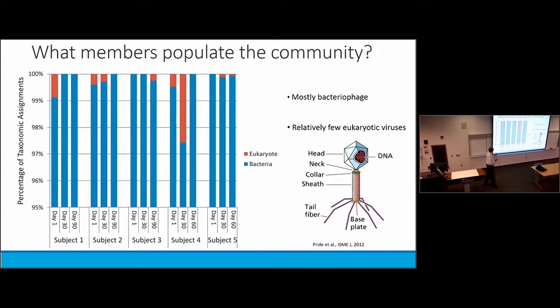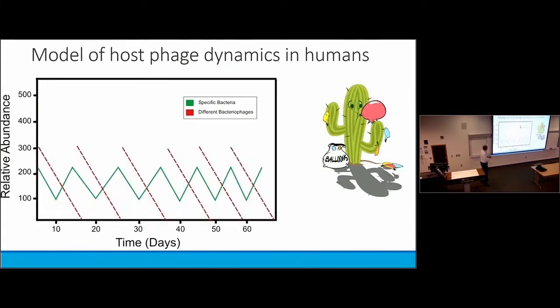And in retrospect, it was a big surprise back then, but now it just makes perfect sense, right? If you've got more bacteria in your body than you have your own cells, you're probably going to have a lot more bacterial viruses in your body than you have your own cells. So it's nice to go back and look at our mindset to see just how naive we are about these things. So I knew nothing about phages at the time. But the simplest thought process is that phages kill bacteria.